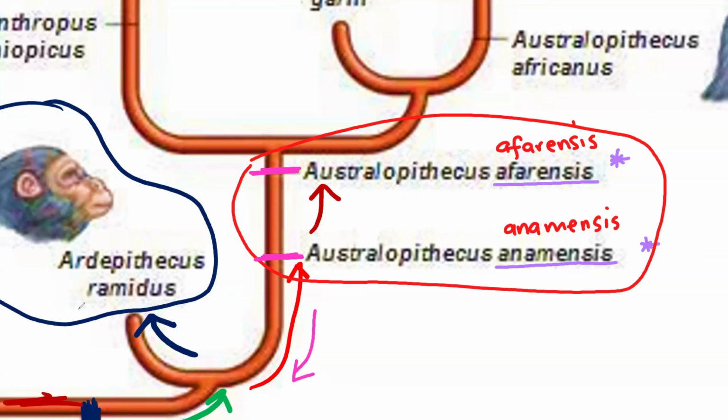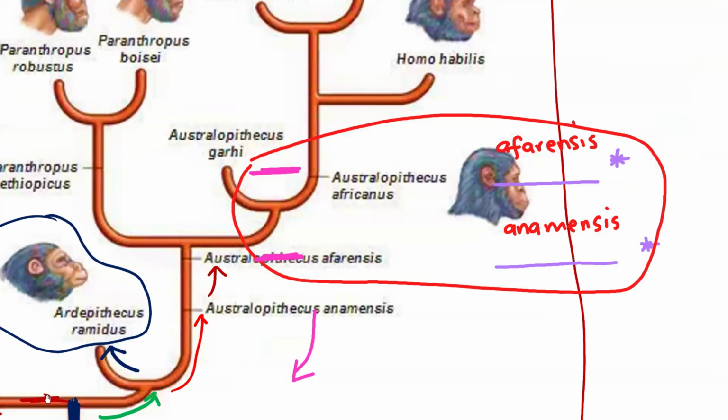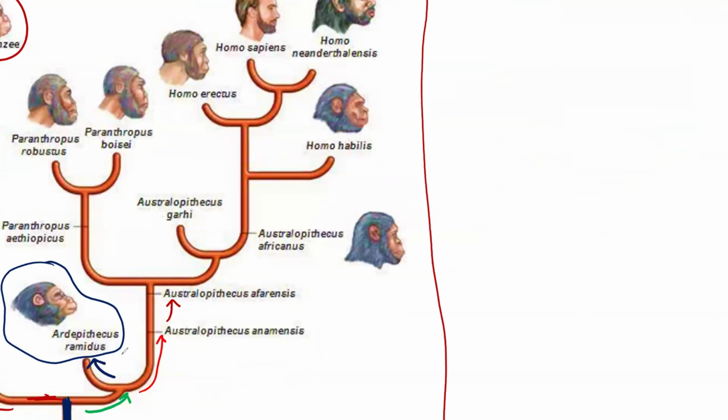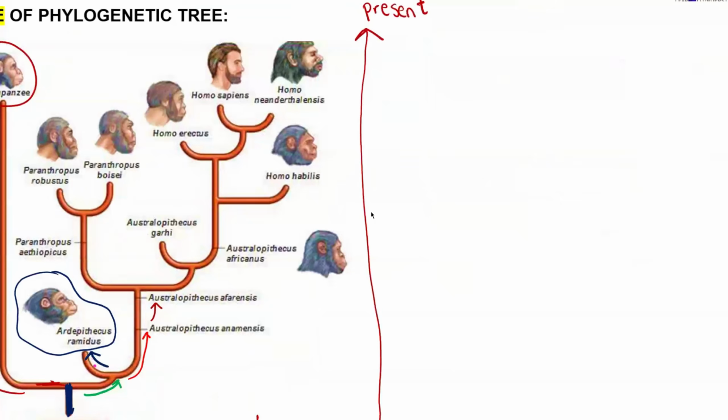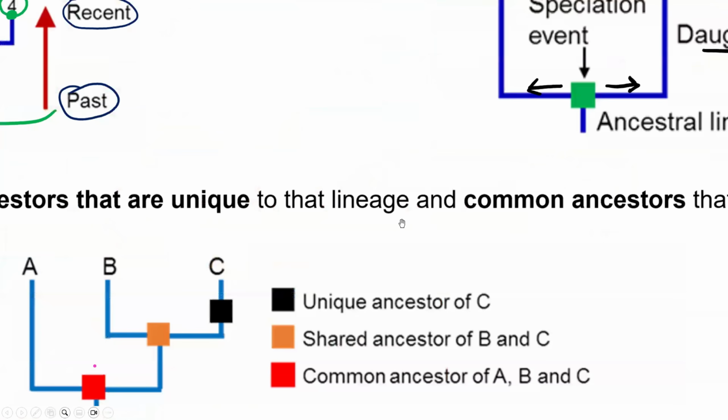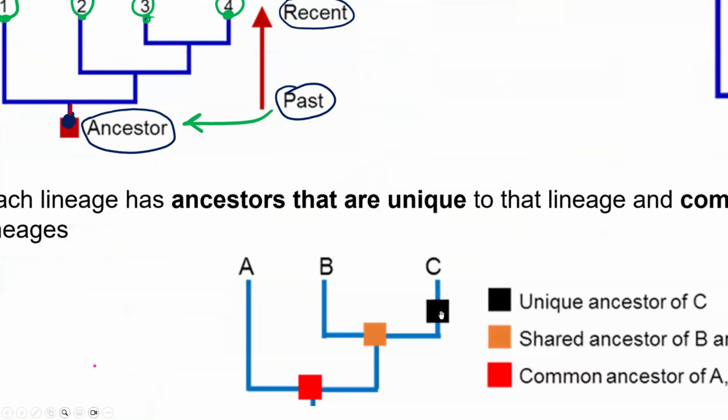Guys, the exact thing that I was talking about. Hey, you guys aren't paying attention. Let's just go back here one more time. What did I say here? I said, when you talk about ancestors, there are three types: common ancestors, shared ancestors, and unique ancestors. When you talk about a unique ancestor, they are on the same line. There is no speciation that happened there. They are of the same species to an extent. There is no speciation event.